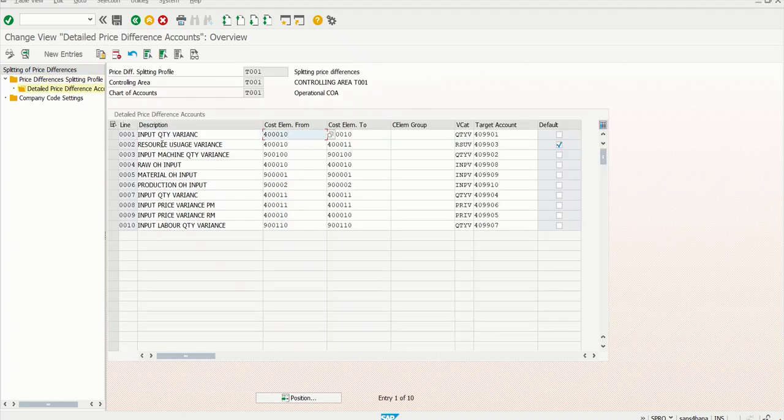Here I have given the different cost elements and the breakup of them. These are the cost elements we have given in the cost component structure, like consumption account, machinery cost, labor cost, production overhead, material overhead. If you want to see the breakup of those into different input materials, say you are using two input materials, one raw material and another packing material, these two materials are different. If you want to know the bifurcation of input quantity variance and input price variance by material type, by category,